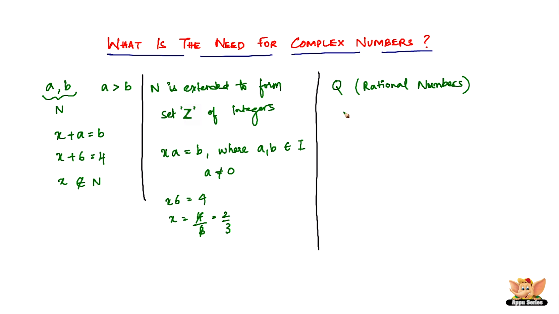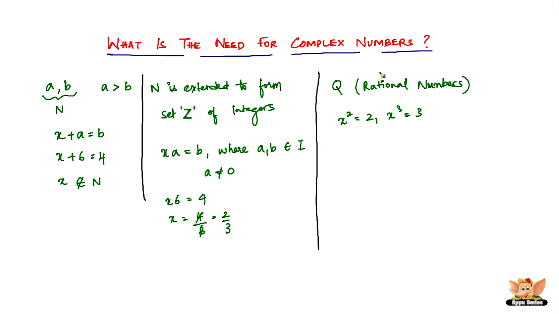So now again, we have another set of equations like this: x squared equal to 2, x cubed equal to 3. But these equations are not solvable in rational numbers, because there is no rational number whose square is 2, right? Nor is there any rational number whose cube is 3, right? They are all irrational numbers. Well, I shouldn't have told you the irrational number part, but anyways. So therefore,